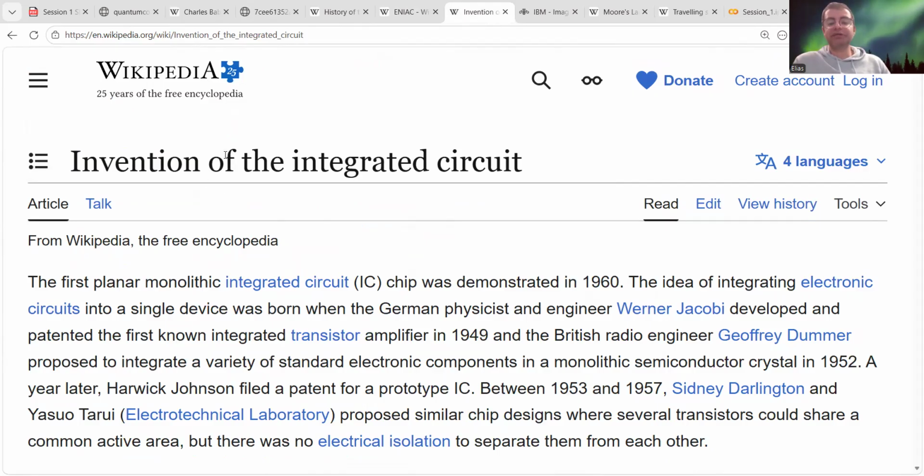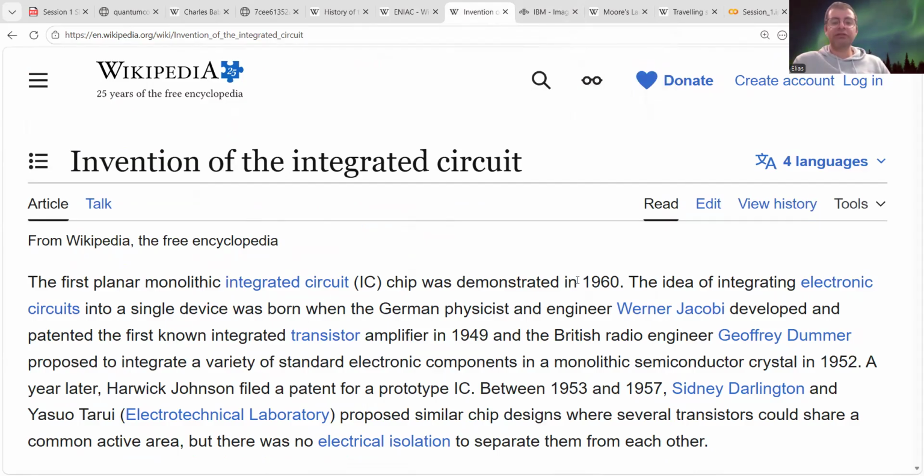We get to the integrated circuits. Integrated circuits made it possible to fit a lot of transistors within a smaller space. With one transistor, you cannot do much. You can just turn a light on and off. But with thousands, with millions, and finally with billions of them, you can do a lot of super cool stuff that we are doing today.